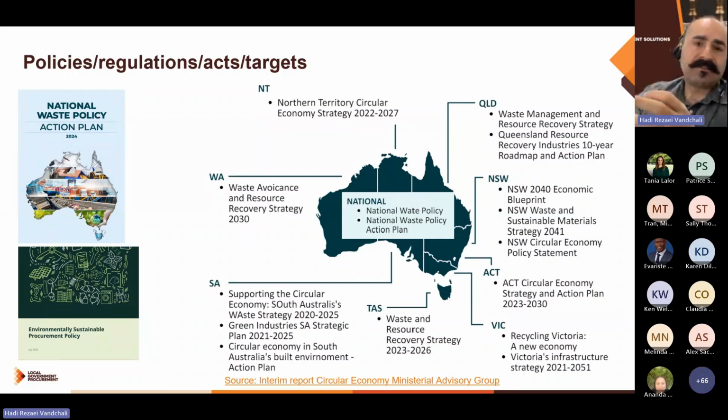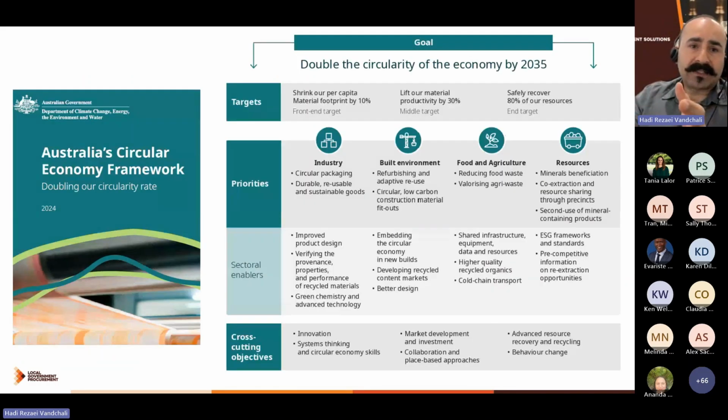Let's take a quick look at the policies and regulations shaping this space across Australia. At the national level, we have different initiatives, and the most important one is our National Waste Action Plan. And recently, in December last year, the Department of Climate Change, Energy, Environment and Water (DCCEEW) published Australia's first circular economy framework, which includes three targets to measure circular economy in your operations and a plan to double our circular economy rate